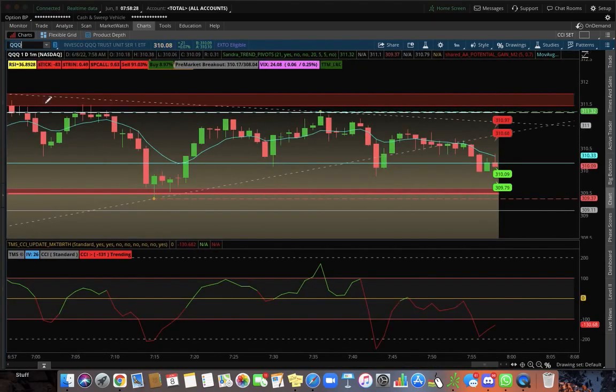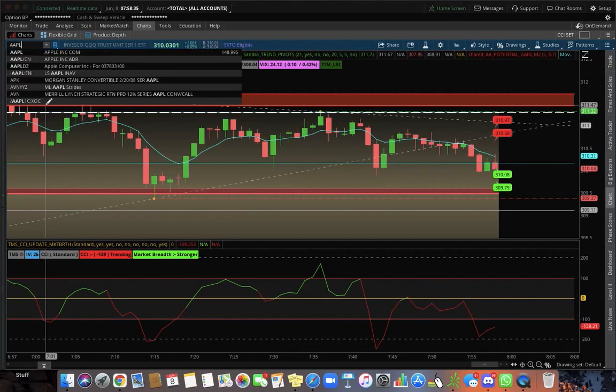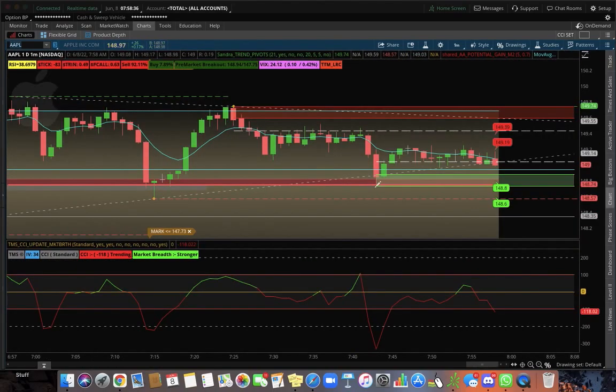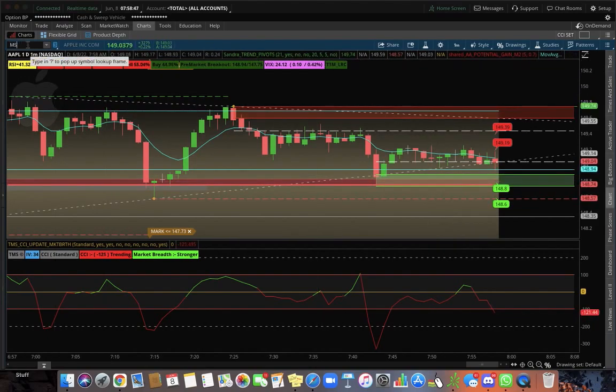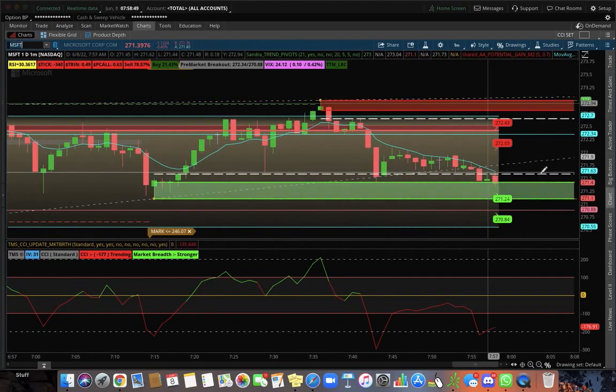Top Notch is showing the volume on the June 17 Apple 150 put. It got 12,000 in volume this morning or today, and 73,000 open interest. If you believe in following a trend, that might be something to look at